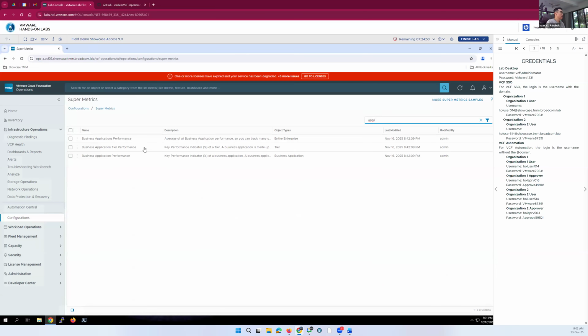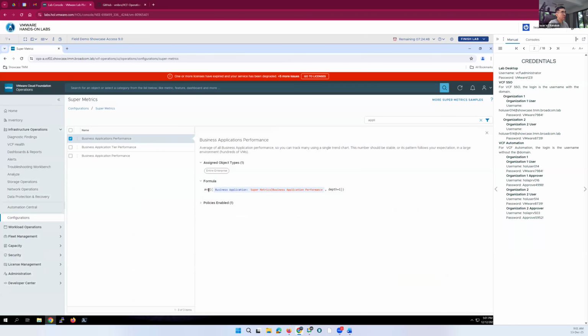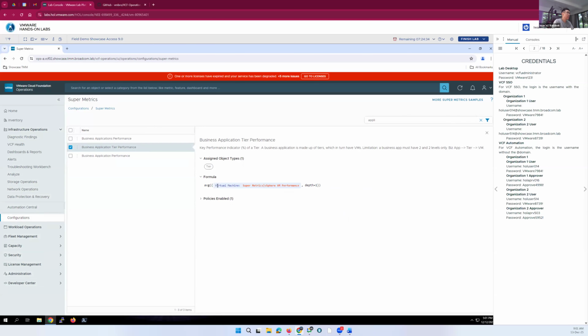There you go. The business application is simply the average of all the business applications. And then the business application is the highest of Kubernetes and of this. And then the tier gets into the VM. If you want to see the VM, I'll show it to you.